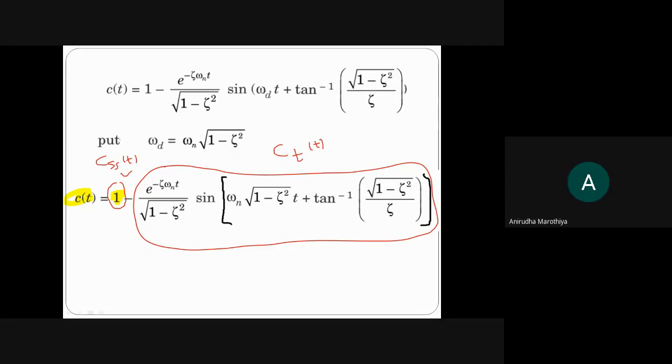Yes, sir. So the combination of steady state response and transient response is nothing but your total response, which is nothing but C of t. And from this equation, it is very clear that the transient response of a second order control system is a combination of an exponential curve followed by a sine curve. That is the reason if you draw a mathematical representation of time response, or response with respect to time, which is nothing but t. Here it is subjected to a unit step function. That's why the value is nothing but 1.